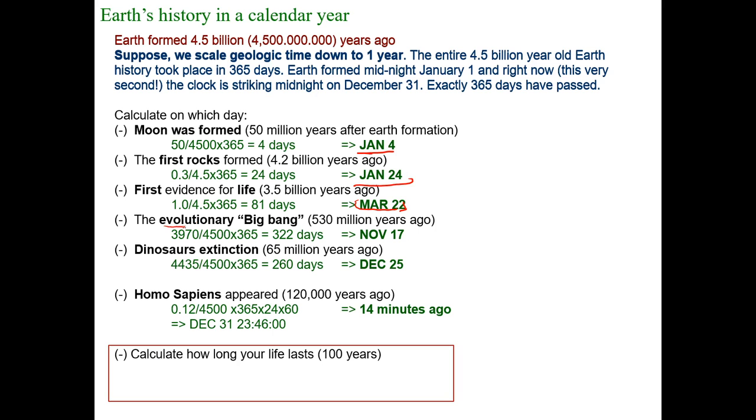But what's kind of crazy is the evolutionary Big Bang. We're going to learn all about this. It's called the Cambrian explosion, okay? That's when life really took off, because prior to the Cambrian explosion, animals were exceedingly simple. Animals were fairly new on the scene. And a lot of life, basically going from March 22nd, which represents 3.5 billion years, to 530 million years ago, which is 0.53 billion years ago. So for 3 billion years,